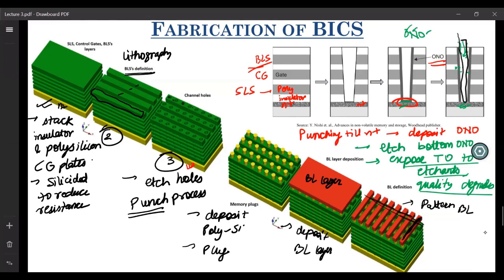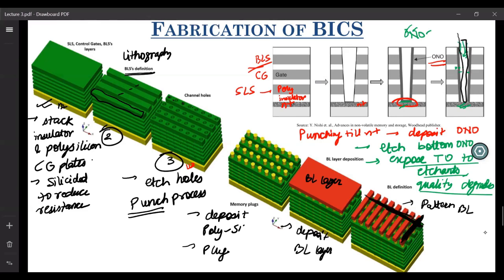This orthogonality between the bitline and the bit select line helps you select one particular pillar. If you want to select this pillar, it lies at the intersection of this bitline and the bit select line. So this intersection helps you uniquely select one particular pillar. So this was all about the fabrication steps of this.